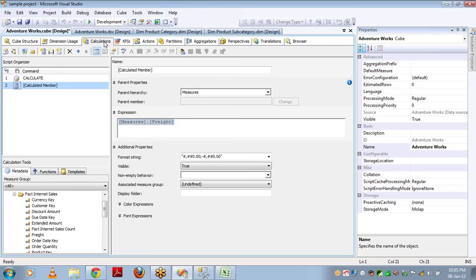So let me summarize this. You can create calculated measures in 3 different places or 3 different types. One is using the with keyword, another is using the create keyword, and another is in BIDS, SQL Server BIDS. If you use the with keyword, you don't need to specify the cube name and it is query level scope.